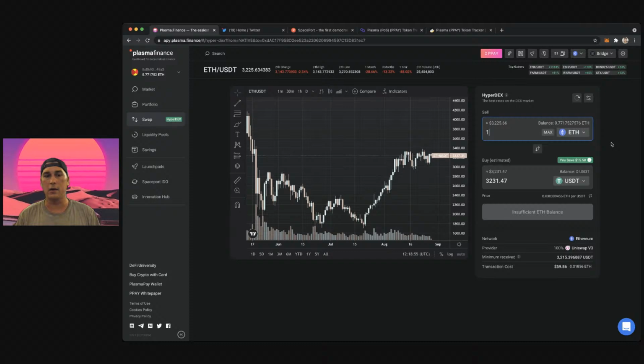And the next big update is that we just released Binance Smart Chain. So that means that now Plasma.Finance supports three chains: Ethereum, Polygon, and Binance Smart Chain, with all the features, with a whole market page, with the portfolio management of all tokens, with Plasma Swap. It's our own AMM protocol where you can provide your liquidity and earn fees from the traders, and HyperDEX. So now HyperDEX aggregates all the liquidity on Polygon, Ethereum, and Binance Smart Chain, and it will always find the best